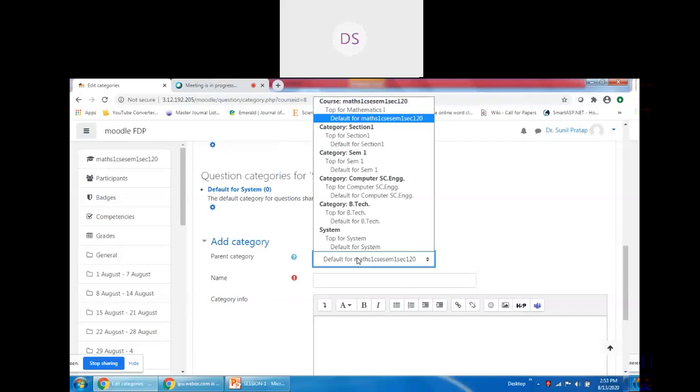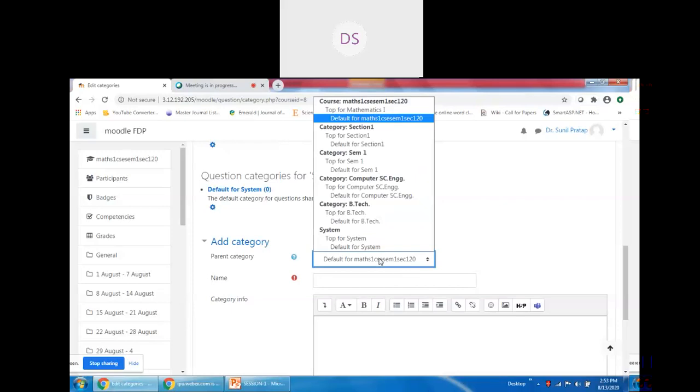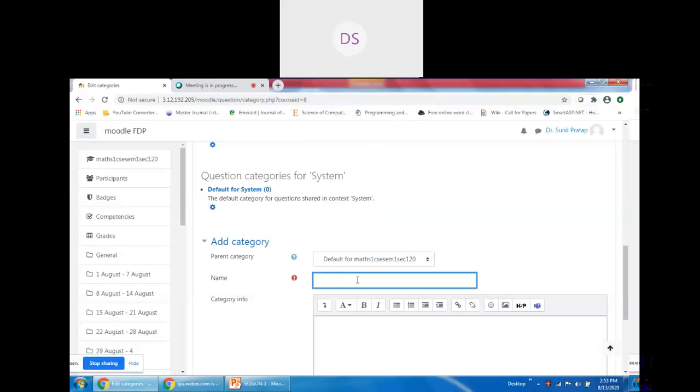Parent category means where you are going to create the question bank. In computer science, in BTech, in semester 1, in mathematics, various parent categories are appearing. By default, Math 1 CSE semester 1 is selected. The category name I am giving is multiple choice question.